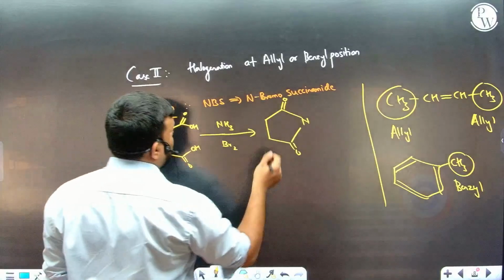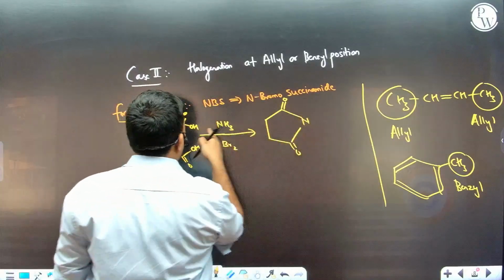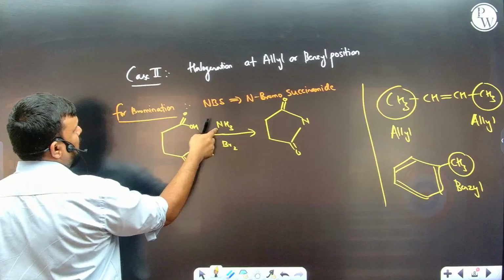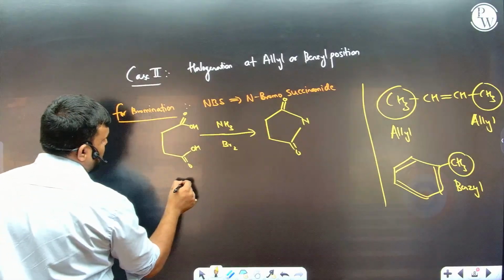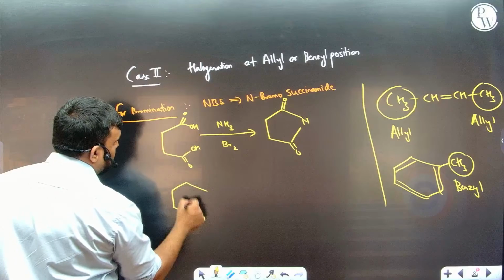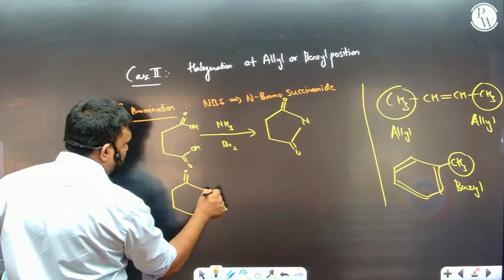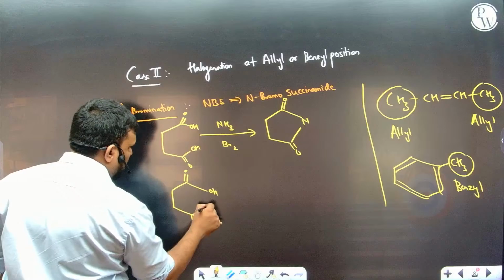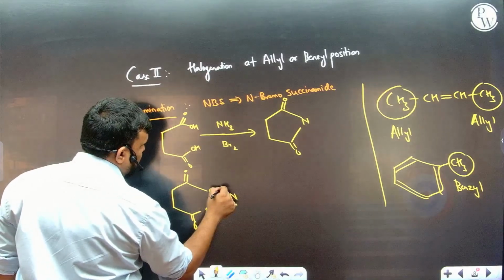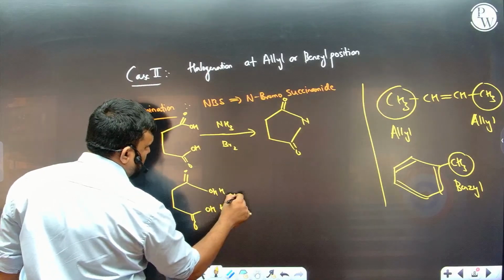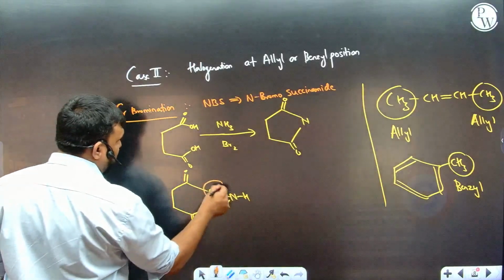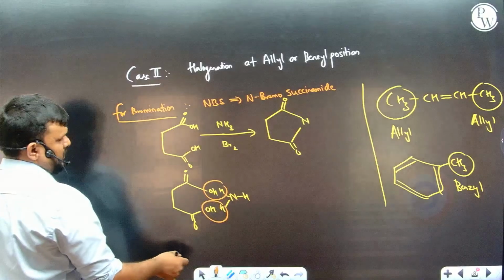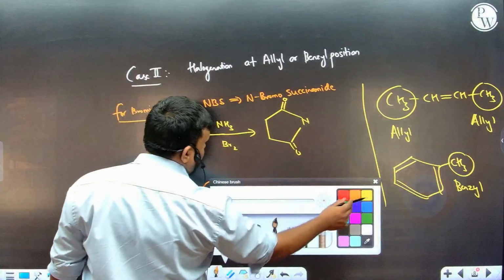So what will happen? This ammonia H and this OH, I will give you the explanation properly. C double bond OH, NHH. So from here we are removing the water and there is formation of amide, and after that we are having